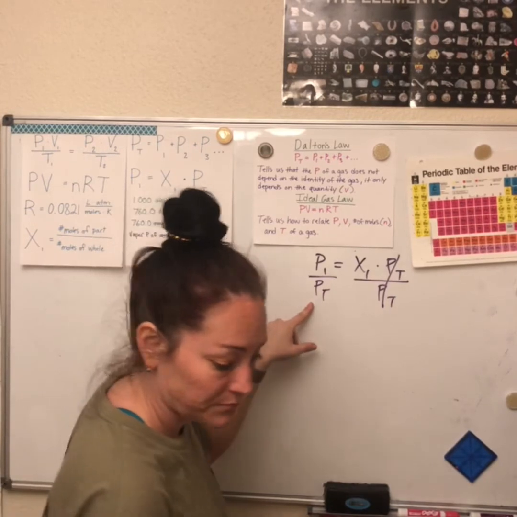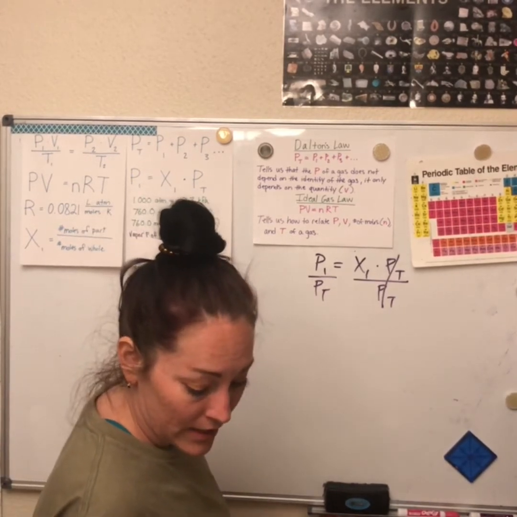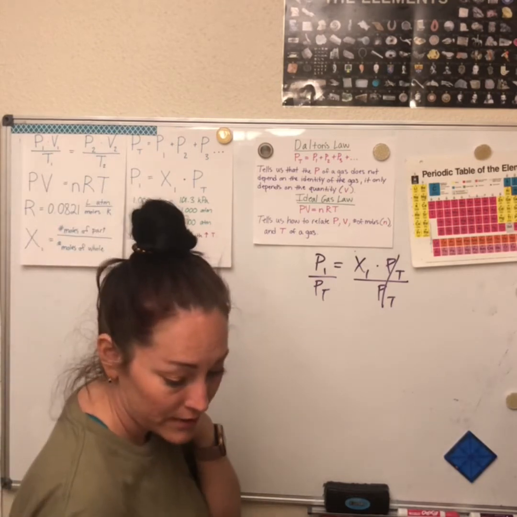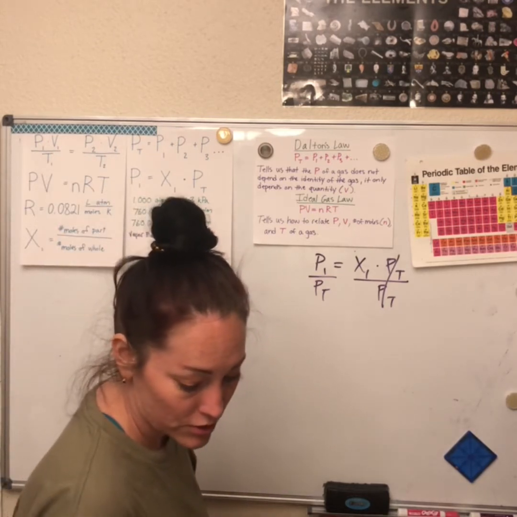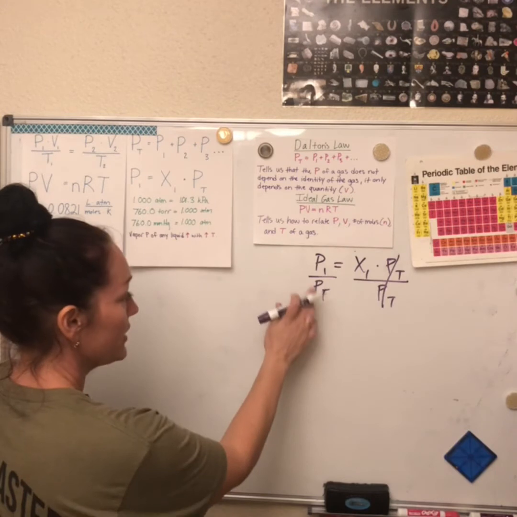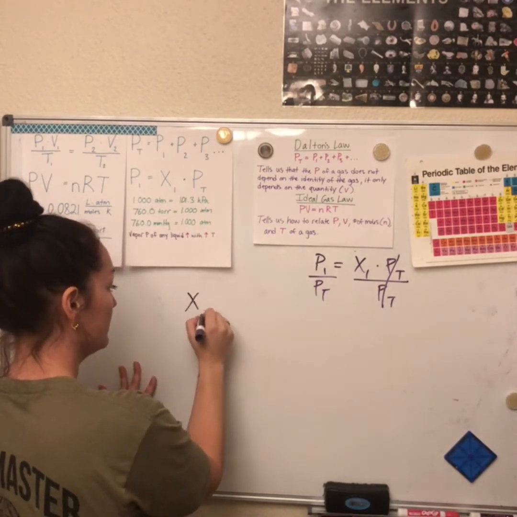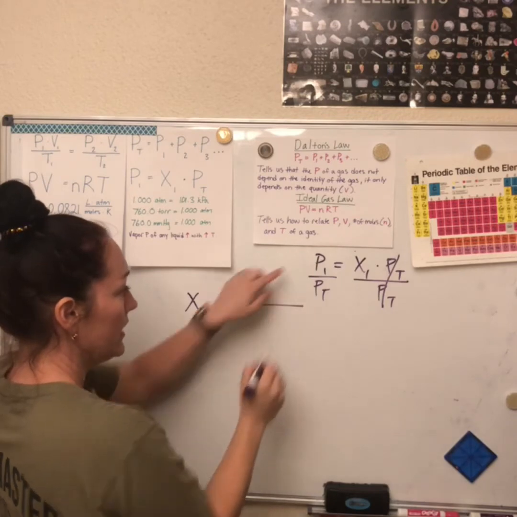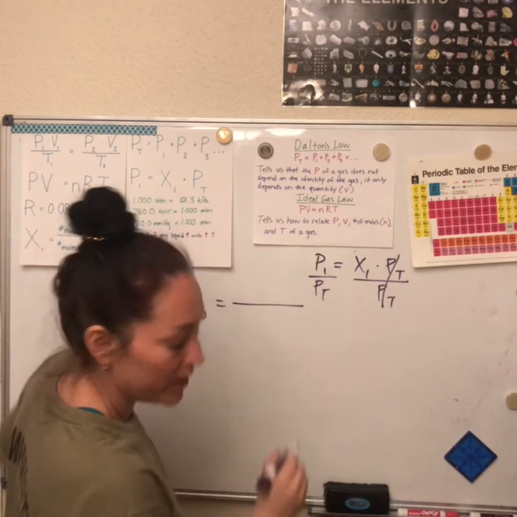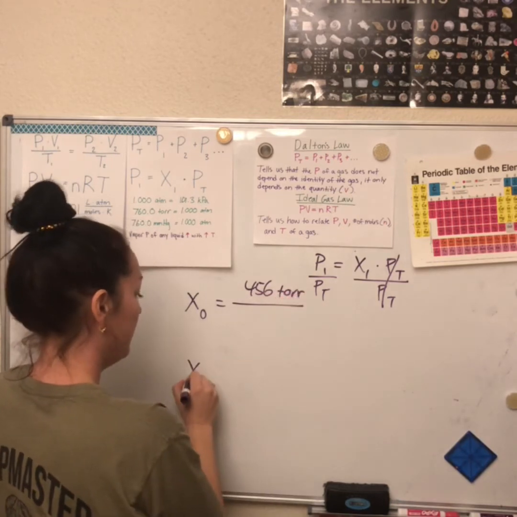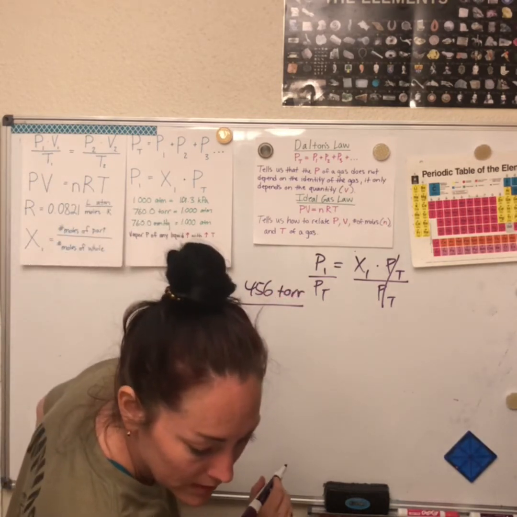So if I have the partial pressure of oxygen, it's going to be 456 torr. Okay. What was the next one? Carbon dioxide